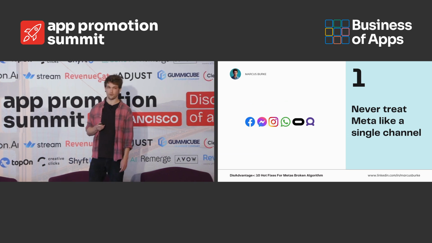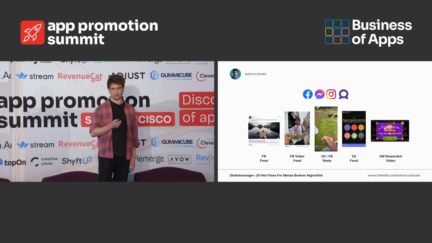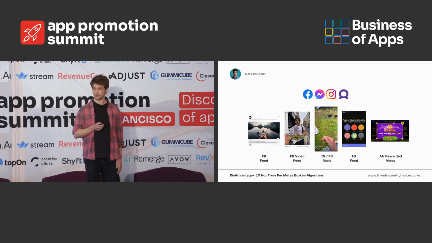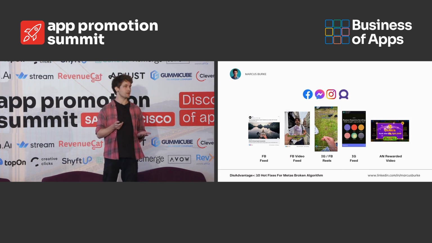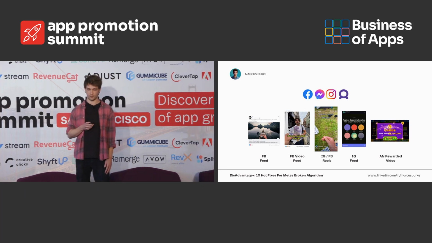The one on the right is their Audience Network, still a big placement on Android. So don't forget about all of these. There are different placements on all of these. So even within each channel, you can reach different audiences by thinking about these different placements. Like a Facebook feed compared to Instagram Reels is going to drive a totally different audience compared to the